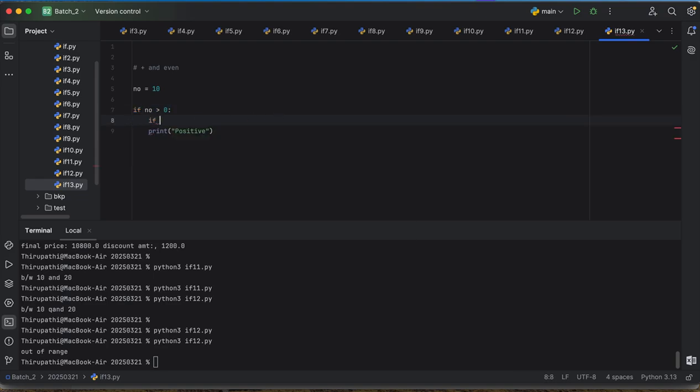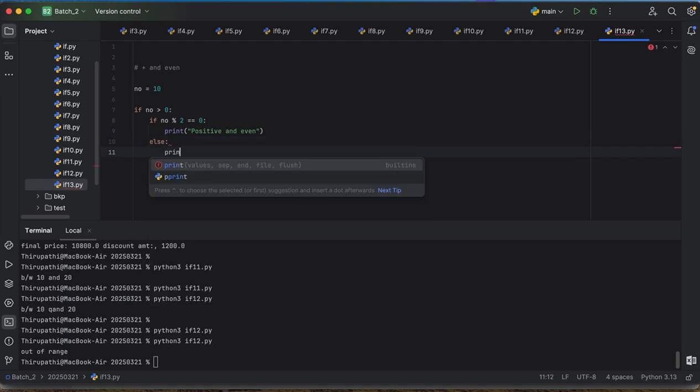If number percentage 2 equal to 0, right? Then it is positive and even number, right? Else print